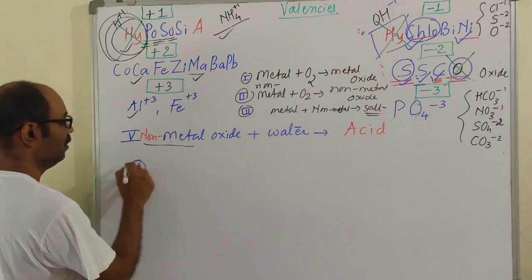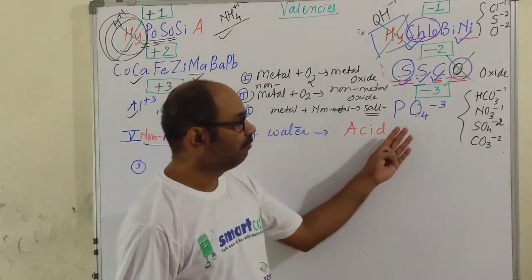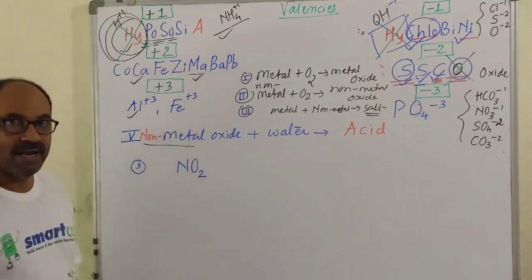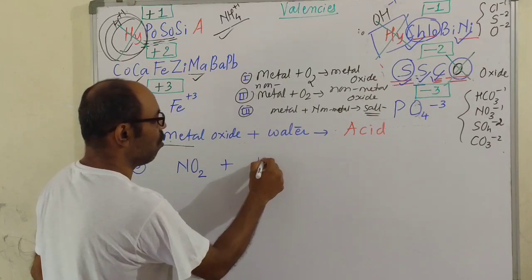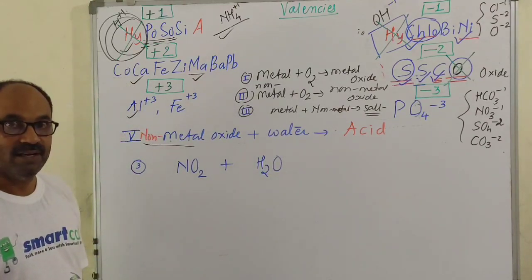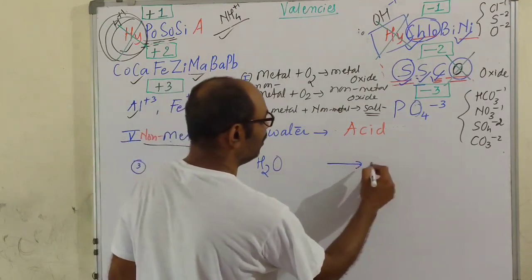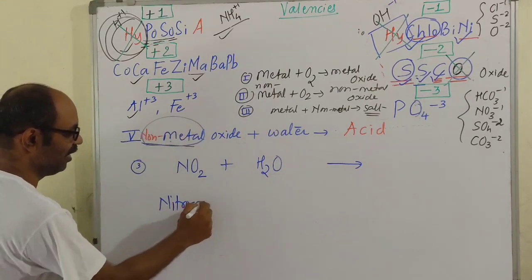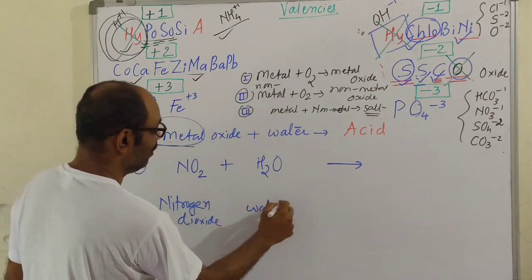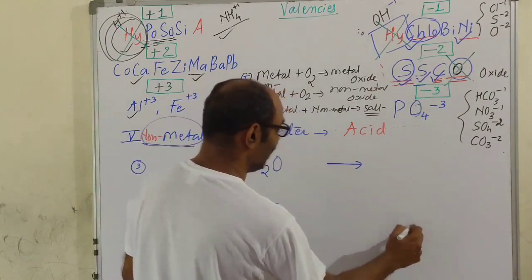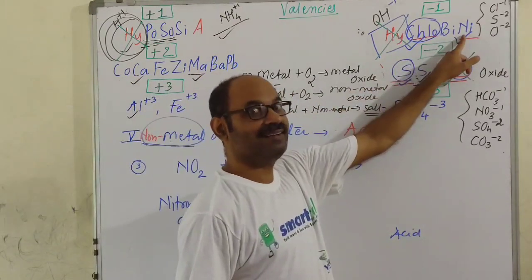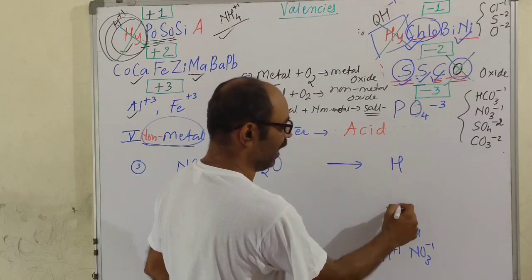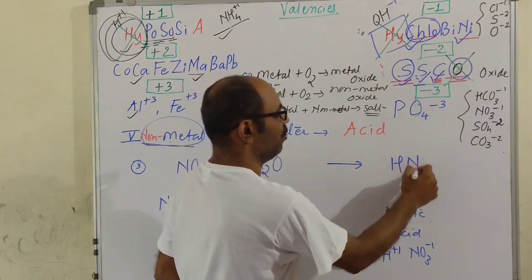Next, let's take sulfur and carbon we took, nitrogen, nitrogen dioxide when dissolved in water, H2O, dissolved in water gives, okay, this is nitrogen, that is non-metal, ये non-metal nitrogen है, dioxide, ये water। अब हम कहेंगे कि एसिड मिलेगा, कौन सा एसिड, नाइट्रोजन इज नॉन-मेटल, सो नाइट्रेट, एसिड में H+1 होता है, नाइट्रेट में NO3-1, सीधा जॉइंट, सो आपको फॉर्मूला मिल गई, और ये नाइट्रिक एसिड है, दिस इज नाइट्रिक एसिड, और HNO3,